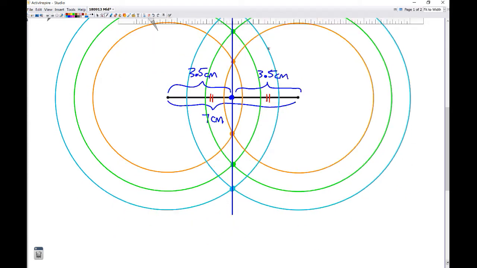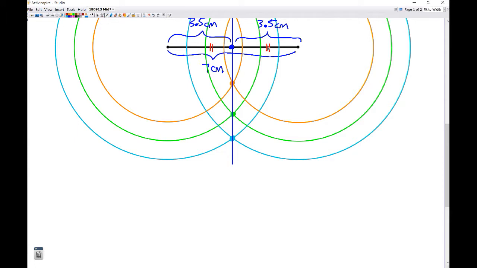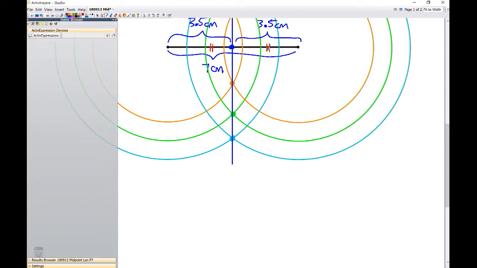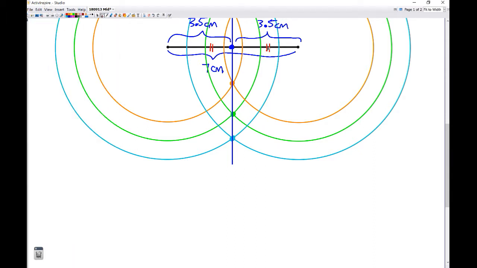So now you're going to grab your regular pencil, and down the bottom of your paper, I've got about 5 sentences that I need to write down, and you're going to want to get those 5 sentences down right here. So down the bottom of your paper, we're going to say this. I'm going to give you basically the instructions of what we just did, okay? So we're going to say, to find the midpoint of a line segment,